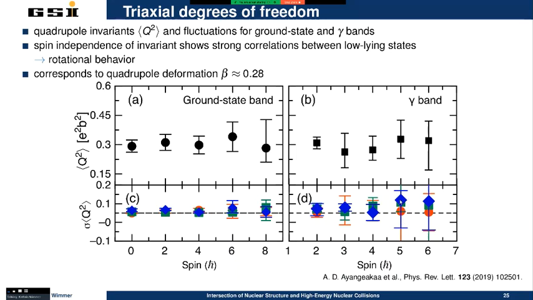I mean, there are also experimental error bars in there, so you have to be careful: the magnitude of the fluctuation is small, but the experimental uncertainty is also sizable. So not in every case can one make really precise statements, but it seems that one has a rather well-defined